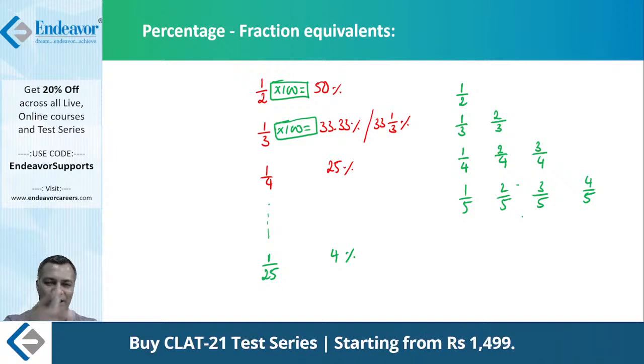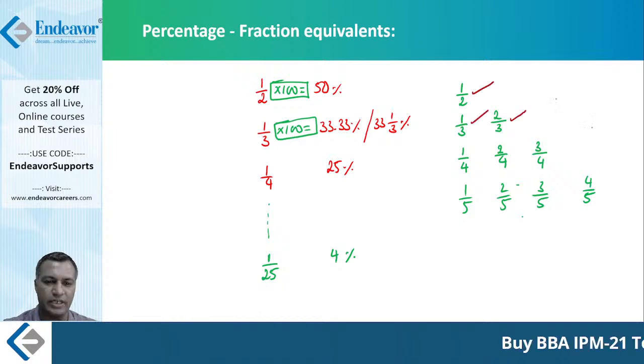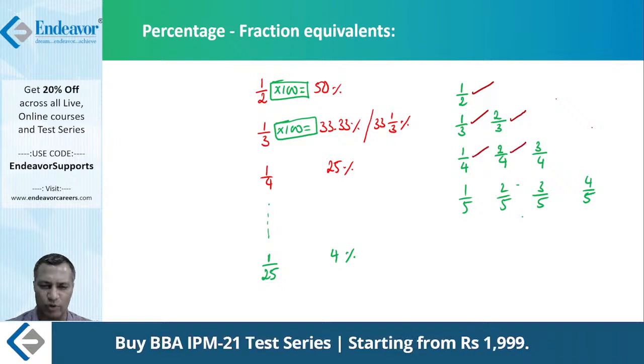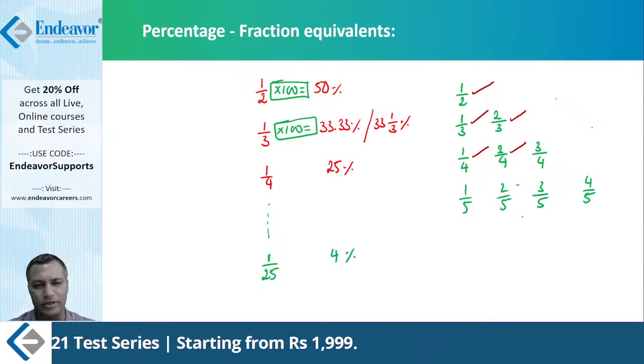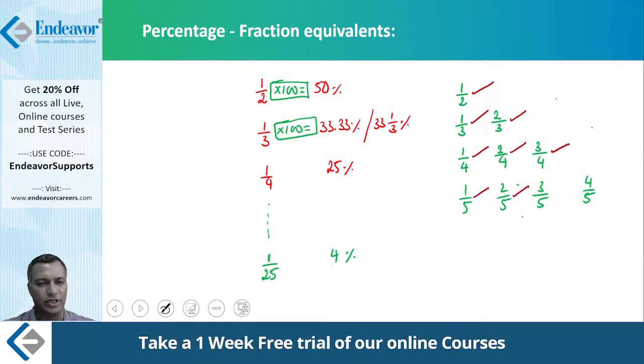What I meant is, when you do 1 by 2, you're talking about 50%. 1 by 3 is 33.33%, and 2 by 3 is 66.67%. 1 by 4 is 25%, 2 by 4 is 50%. Now 2 by 4 can also be simplified as 1 by 2, but I said that you can do it only for relative primes, but that's okay, a little repetition here and there is all right. 3 by 4 is 75%, 1 by 5 is 20%, 2 by 5 is 40%. This would somewhere help.